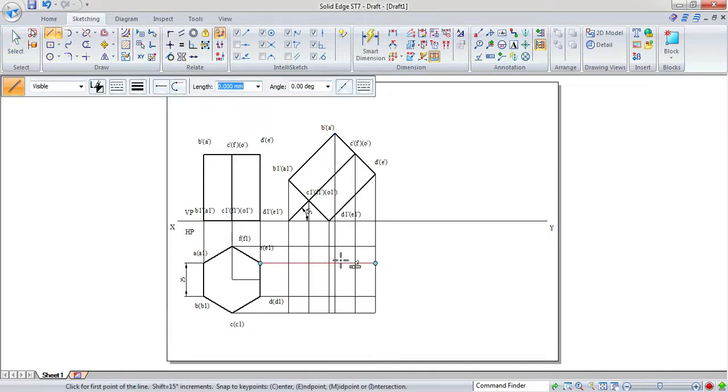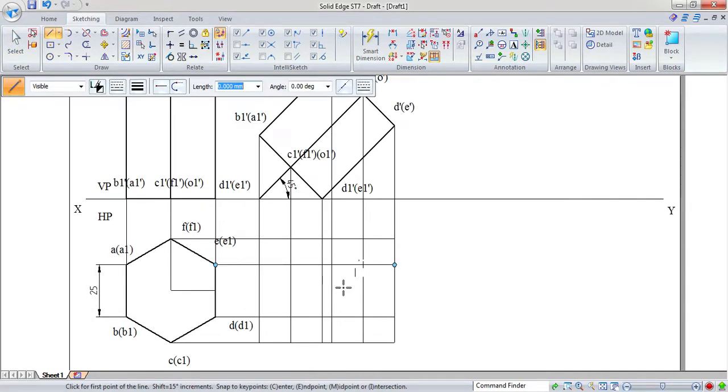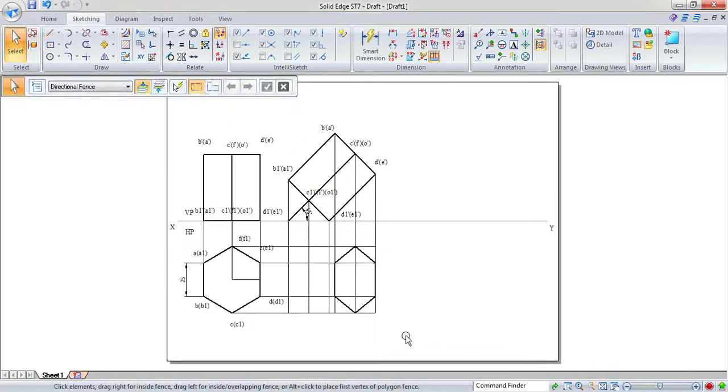So let's start from here. First we will join the top face of the prism here. So now this is A, B, C, D, E, and now F, and finally F to A. So we need to locate here the horizontal A, vertical A, similarly horizontal B, vertical B. So horizontal C, vertical C, like that we have to go on seeing the horizontal vertical lines here.